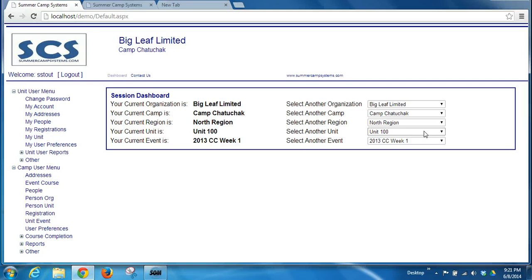So as a camp staff member, people with a camp user role are typically people that help assist units with registration and other registration issues during the registration process. As you'll notice, I do have the camp user menu added to my menu bar over here, and I have various options underneath this. So currently my session dashboard shows that I'm in the North region and in Unit 100,